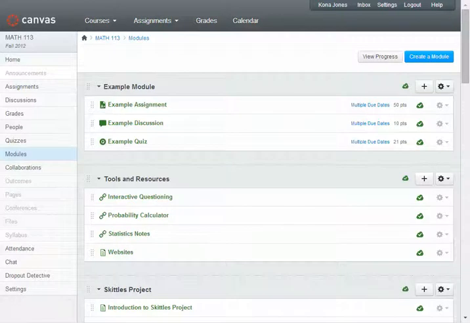Hi everyone! In this video, I'm going to show you how to add prerequisites in Canvas. Prerequisites are going to allow you to make it so that students can't just skip around through the modules, that they have to actually complete the modules in a certain order or certain things in a module before moving on